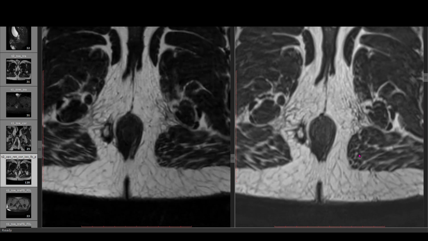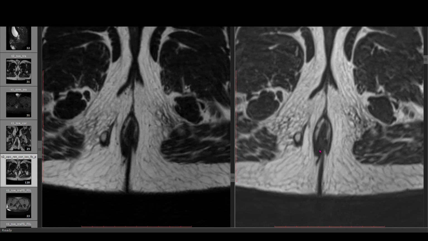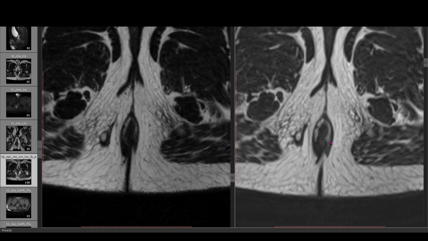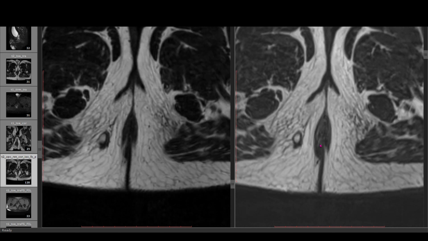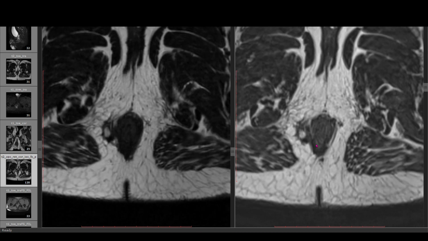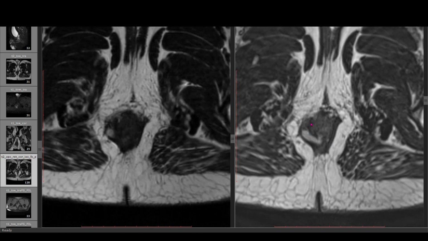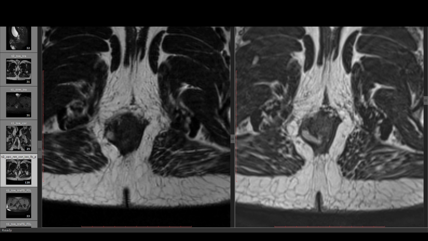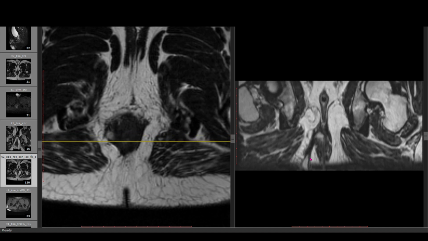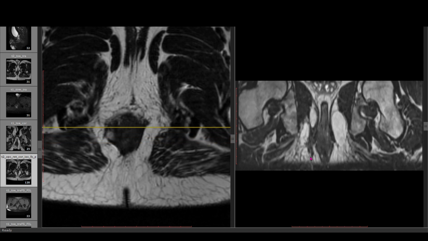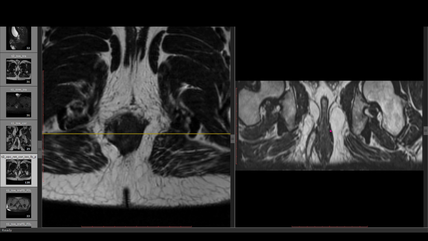So if you look closely, when you come down, this is the external sphincter complex. This is the internal sphincter. So when you go up slowly, you are seeing a thickening here. Okay, so now we will do a 3D reformation of this image. I'm putting it into coronal sections. So now you look closely. You can see at this plane there is an additional structure coming here.